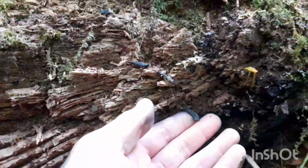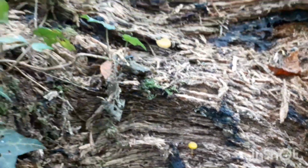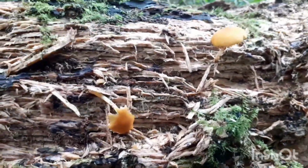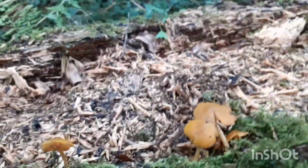We've actually got all sorts growing out of this. It's an absolutely awesome little find. This is where you find your mushrooms, guys, on these little tree stumps, rotting wood. But I haven't actually come across any edible mushrooms here. They aren't edible. I wouldn't recommend them. But if I come over this side of the log,